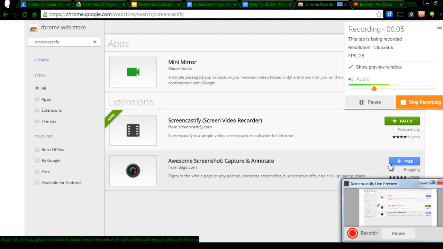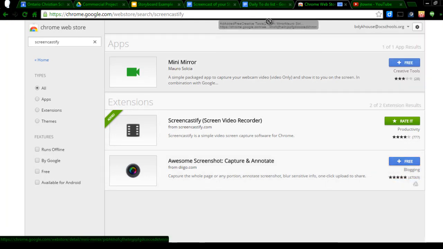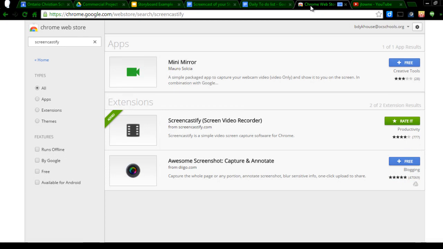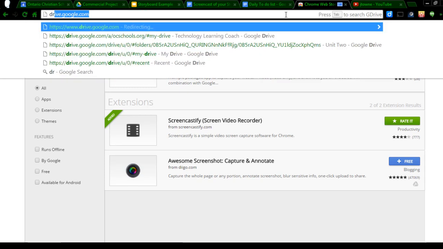Now notice that if I go to a different tab, it will continue recording in this tab. So whatever I'm going to do, I need to do in this tab right here where it's recording. This indicates that this tab is being shared. So anything in my other tabs, it will not record. So that's one drawback of this tool. Even so, I am going to pull up from my drive